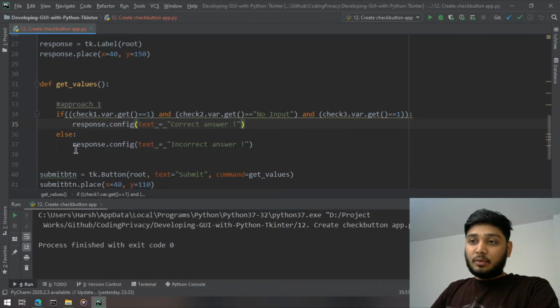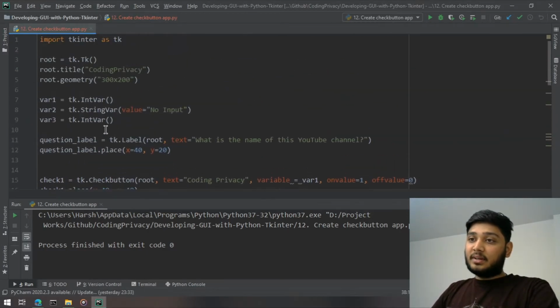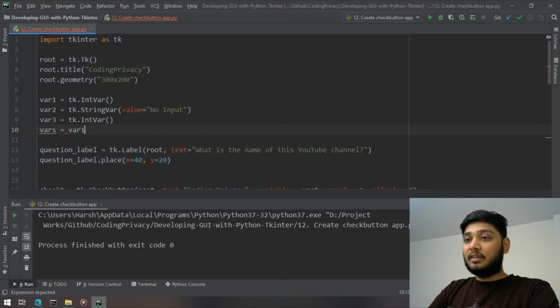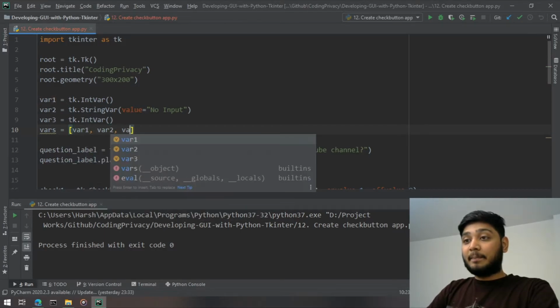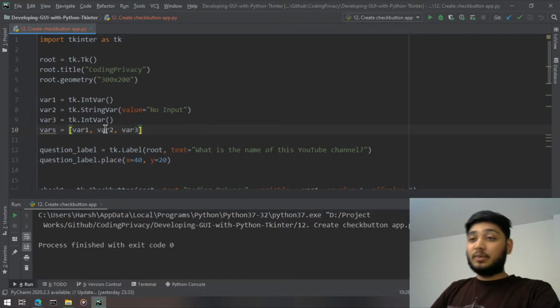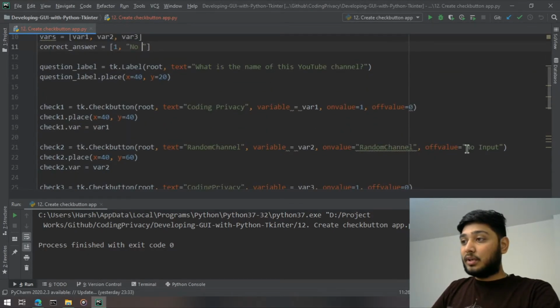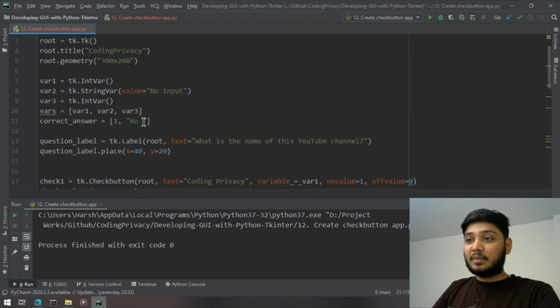So what I can do other than that is store all the variables into a list, and then also write all the correct answers into a list. So the first correct answer is 1, the second one is, I guess, no input with N and I capital, and then 1.